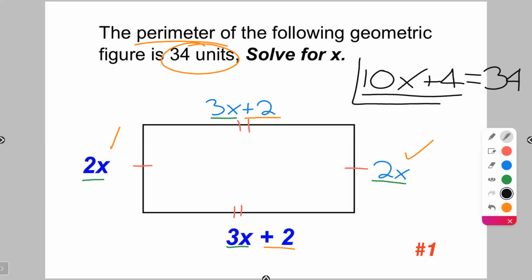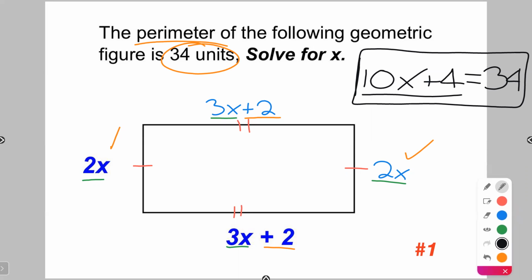Now, once I have my equation, and this is what we refer to as a two-step equation, all I have to do is solve for x. And to do this, remember, this is so basic. When you're solving an equation, all you do is the opposite of what you see. And you approach it like this. You start on this side over here on the right, and you go from right to left, one step at a time, doing the opposite